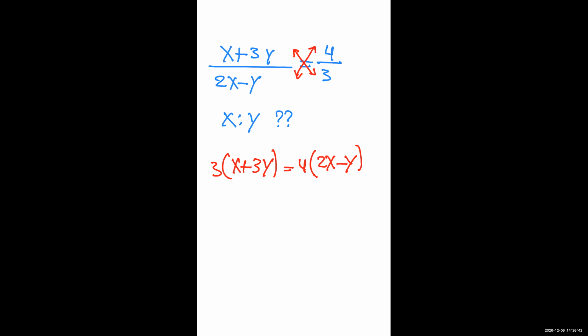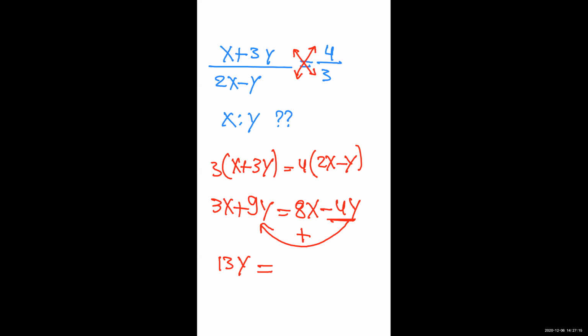Okay, so 3 times x means 3x plus 3 times 3y, so 9y will equal 4 times 2x, which is 8x minus 4y. Okay, so in this case, guys, I want to get x on one side and y on the different side. So now I'm going to move this negative 4y to this side. It's negative, so now it will become positive. 9 plus 4 means 13y will equal